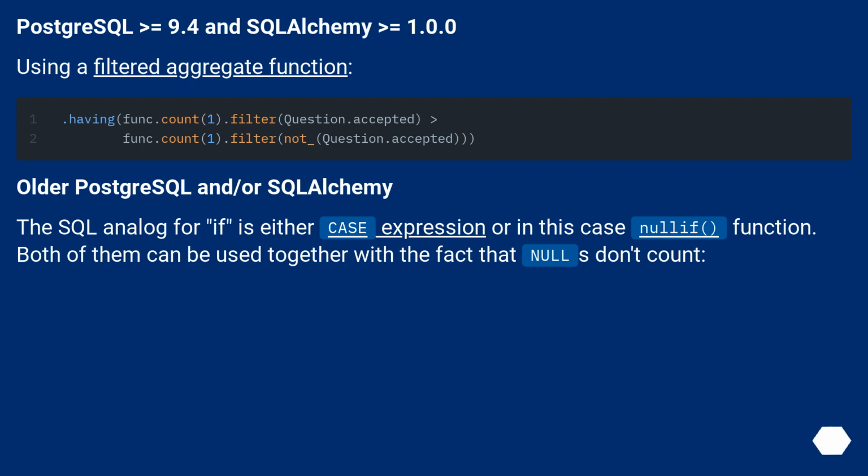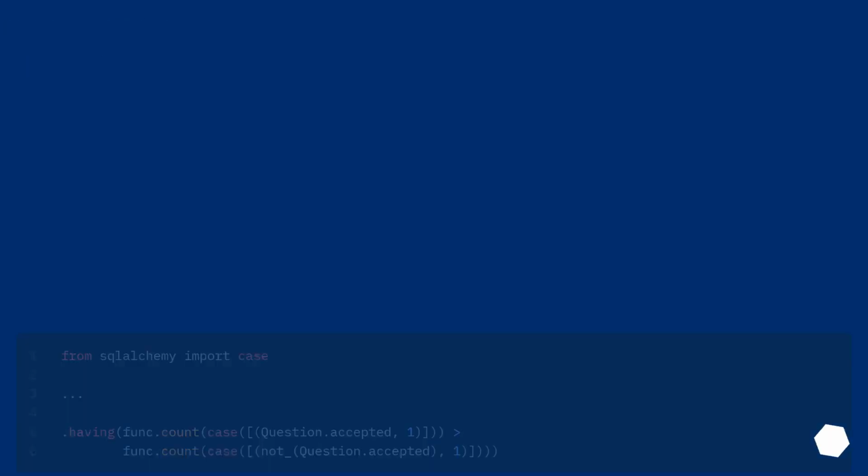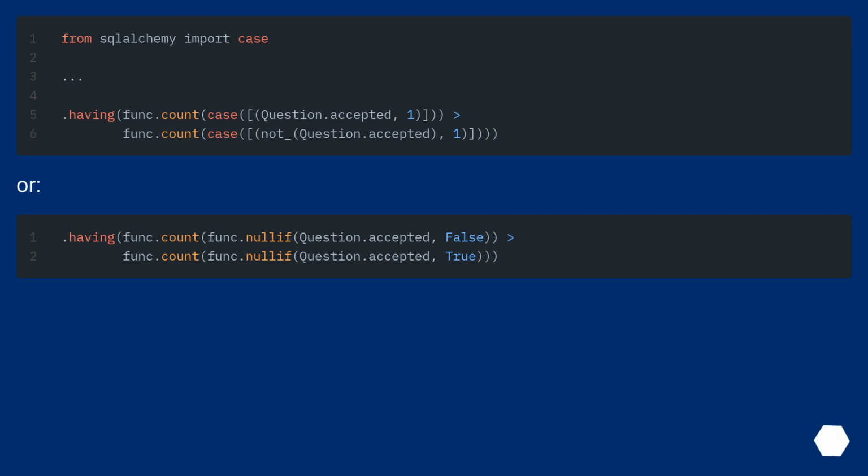Older PostgreSQL and/or SQLAlchemy: the SQL analog for if is either a case expression or, in this case, the nullif function. Both of them can be used together with the fact that nulls don't count. Or